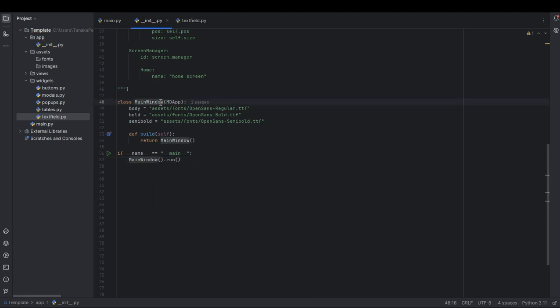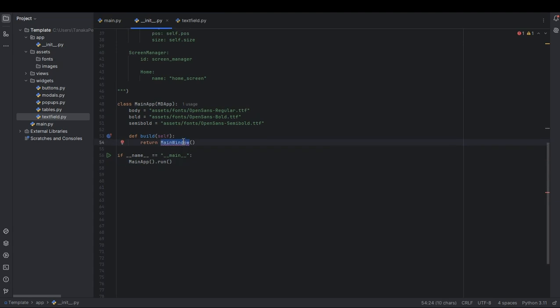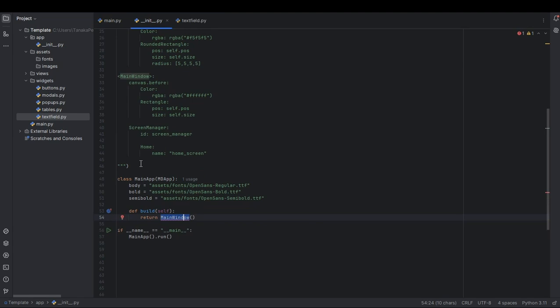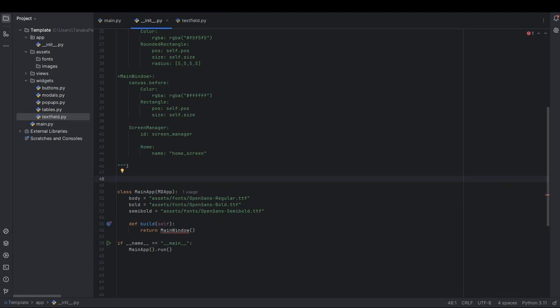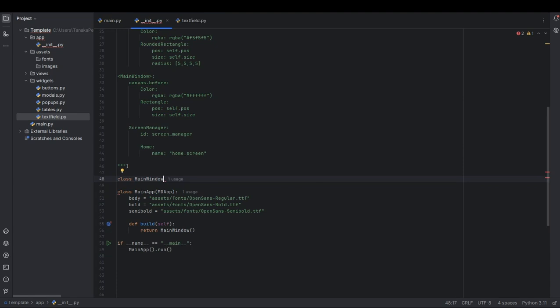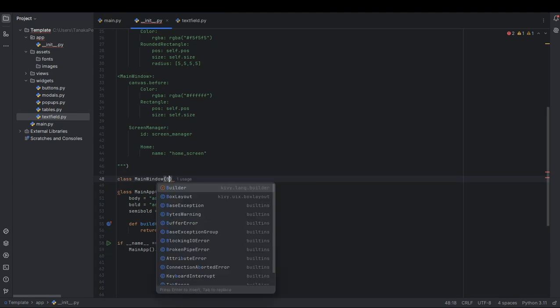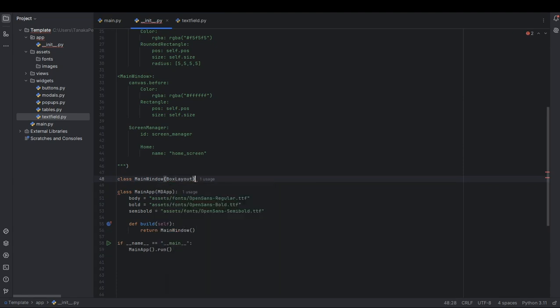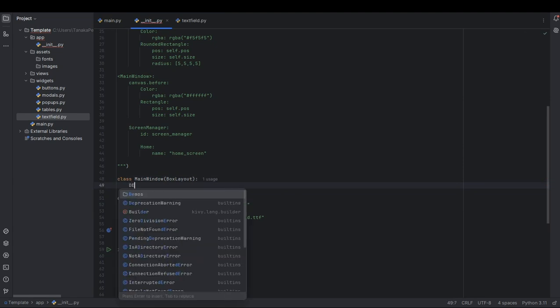Right, so we need to change this. So this is going to be main app, like this. So our main window, let me copy this. Okay, so we need to put our main window right here. So we're gonna say class and paste this. Main window is gonna inherit from a box layout. Then here we're gonna say